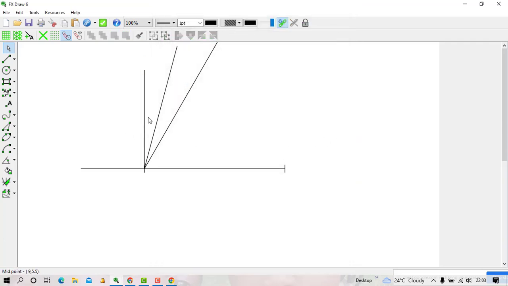So after I finish that, in the construction we normally encourage that the lines for angles which are not required, you make them dotted. So I click the first one, then come up here in front of 100%, there is the line style drop down, I select dot, then again I come to the 90 one, set that line style to dot, so that this 75 is the required angle.